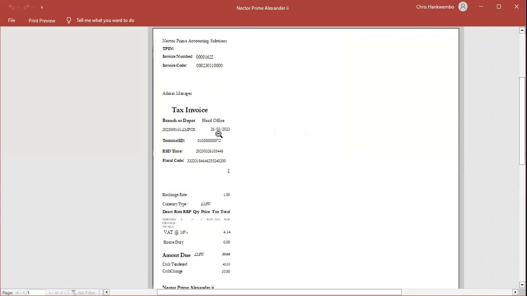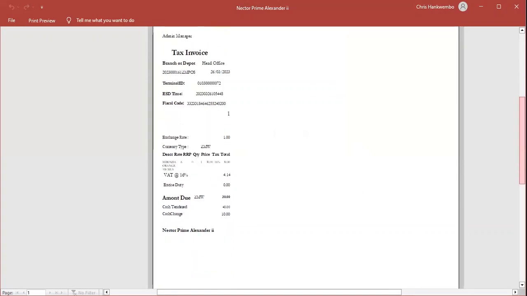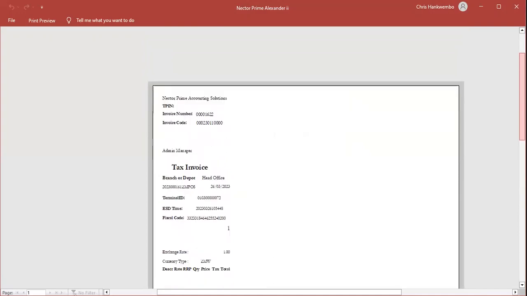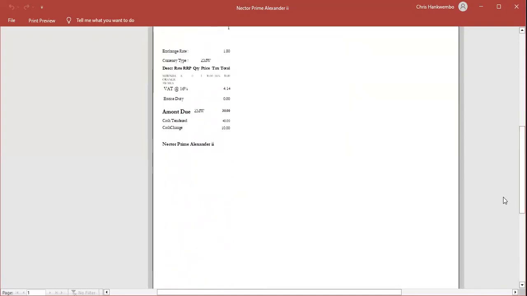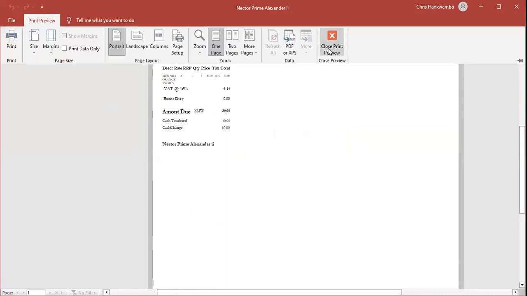So this one was done today, 26 March 2023. Similar to the big invoice, if you saw the date there, it's the same thing. So everything is properly signed. Okay, that's about this. Everything is there. Now we move on to